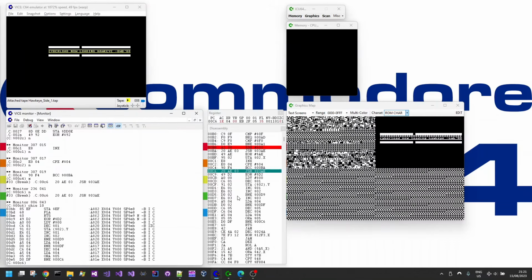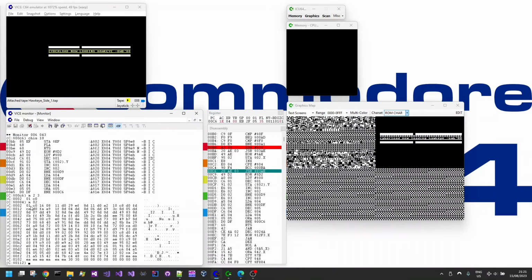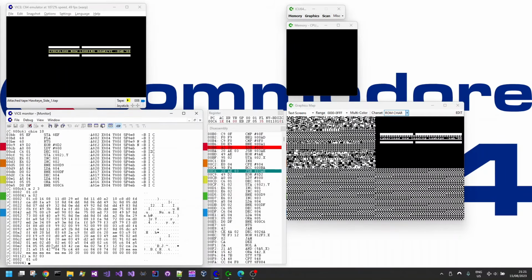No. Okay, not too bad then. It's just storing into very low zero page now to set up some pointers by the looks of it. So it's loading address pointers into memory. Okay, no problem. So it looks like 2 and 3 in hex are the address pointers that it loads to,